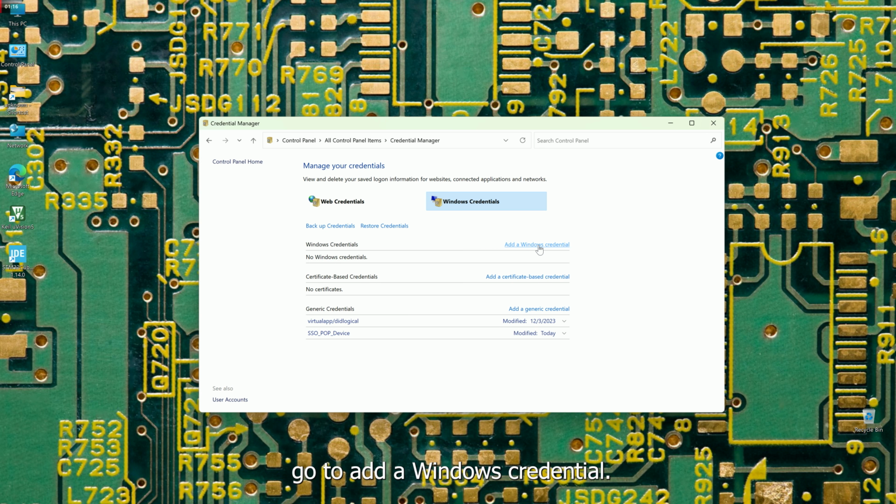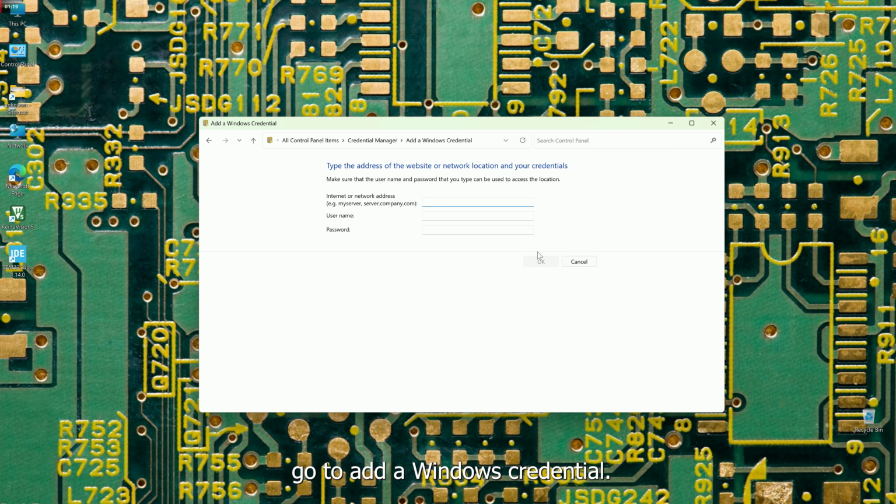Go to Add a Windows Credential. In this part, write your IP, the IP of your local network, //192.168.1.100. Then write the username and password. But before you write your local network username and password,